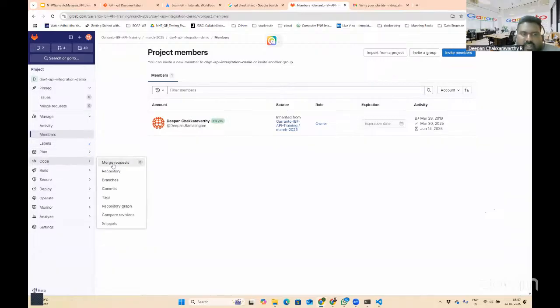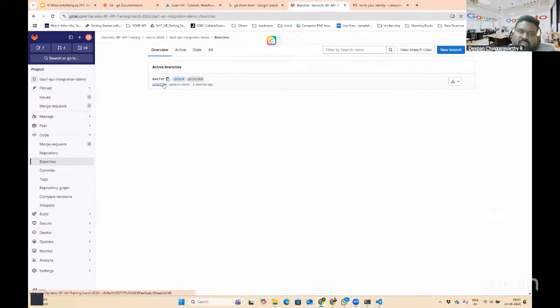You can also track the changes, for instance what the branches and commits are. I'll go to the branches, and here I can see my branch. This is not the project that we created; this is one of my old projects. It has only one branch, called master, which is the primary branch. I can see it is marked default, and it is protected, meaning not everyone can make changes in this branch. Typically, someone with higher permissions, like the owner or maintainer, will be able to edit in this project.